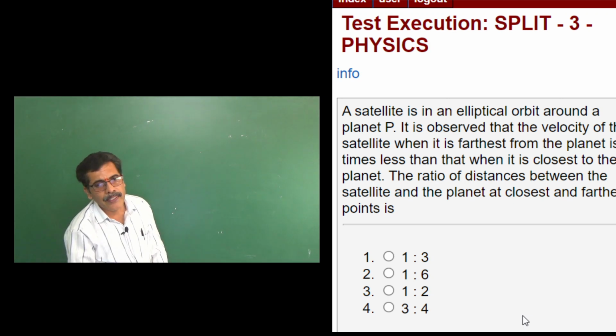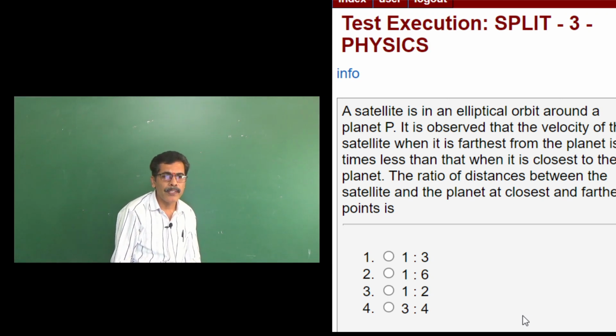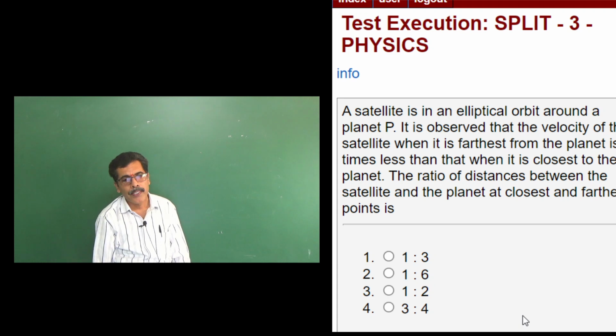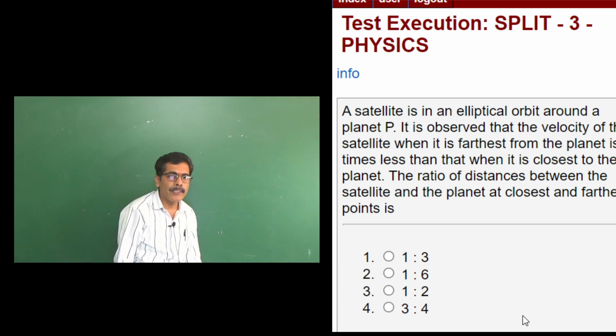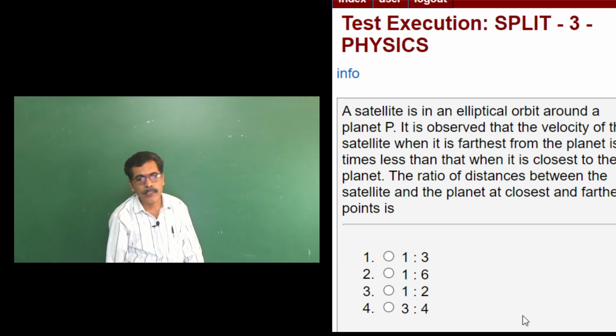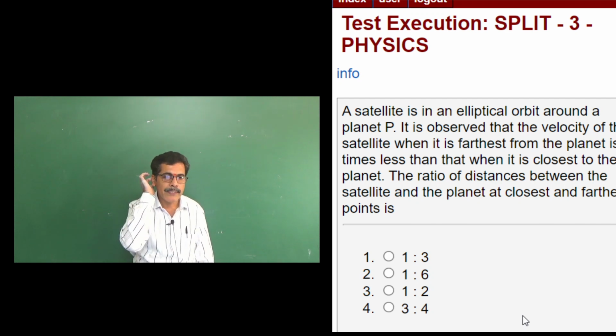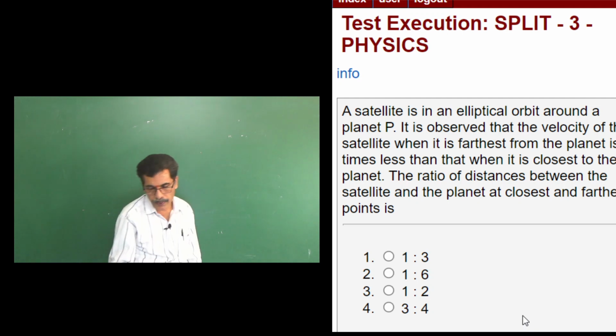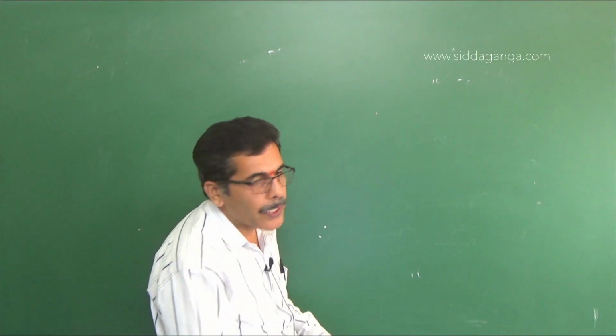A satellite is in an elliptical orbit around a planet P. It is observed that the velocity of the satellite when it is farthest from the planet is 6 times less than when it is closest to the planet. The ratio of the distance between the satellite and the planet at the closest and farthest point is, okay, see here